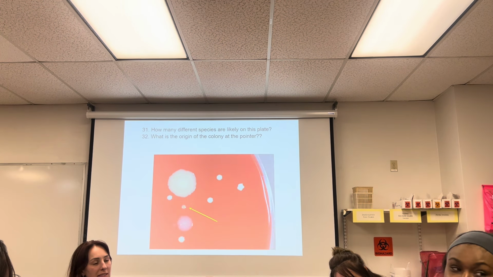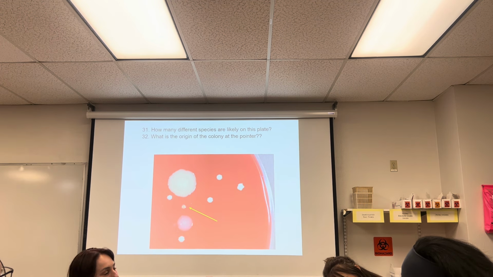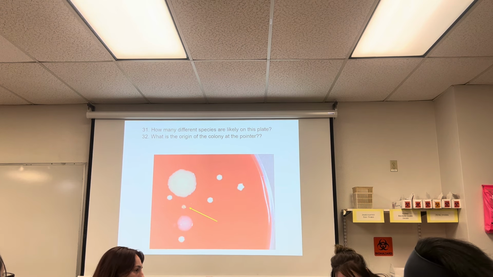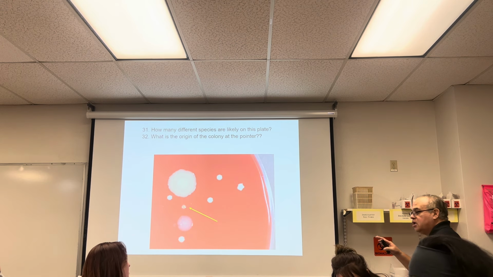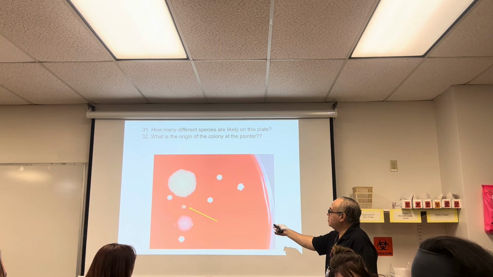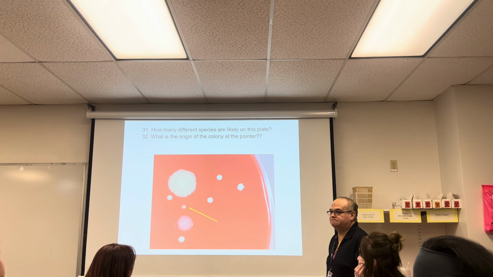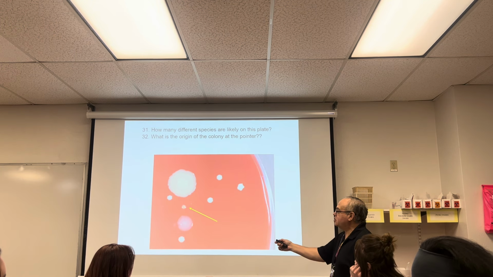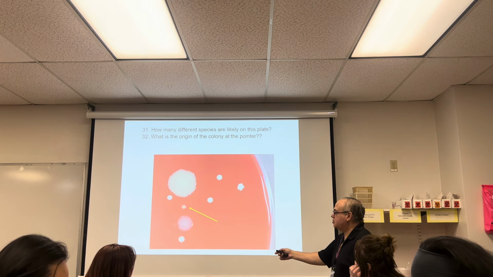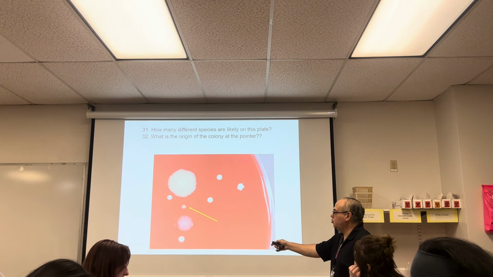Okay, so I just have one, but I'm not getting how these are different, the same, or what. So, are they the same? Robert Cook said, if the colonies look different, they're different species, and that is absolutely true. This one, that one, and that one are all the same. That's different, that's different, that's different, and that one's different. So 1, 2, 3, 4, 5.